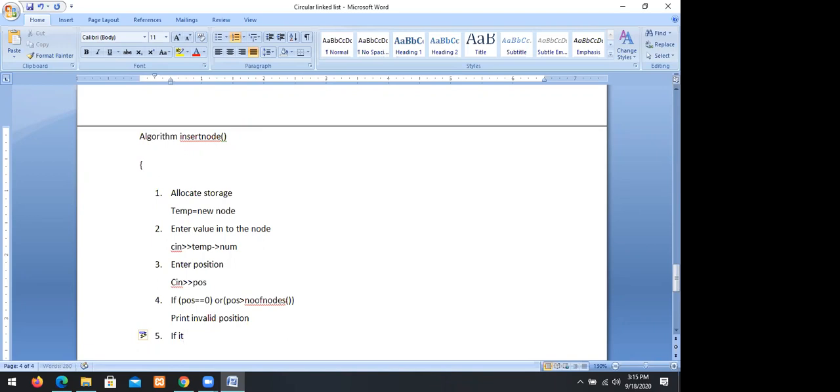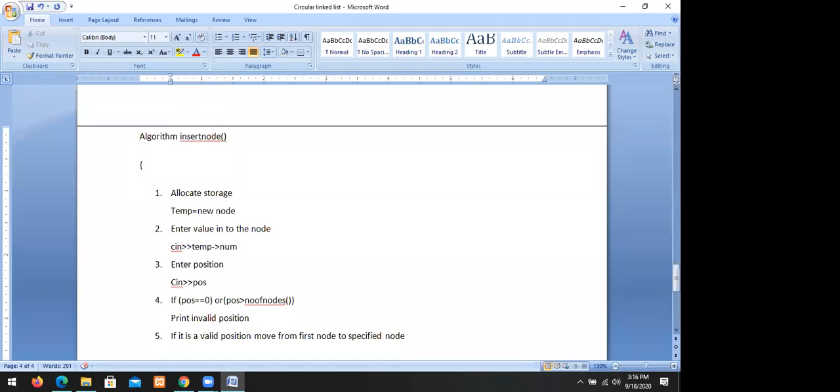If it is a valid position, move the cursor from the first node to the specified node. So you have to check whether it is a valid position or not. If it is a valid position, then move from the first node to the specified position.